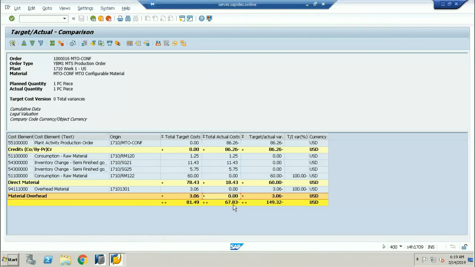I'm telling you, the document explains the process very clearly, starting from the creation of the material master record, and you can follow the document and my video recordings 100%. You will be comfortable enough to do one project in product cost controlling.